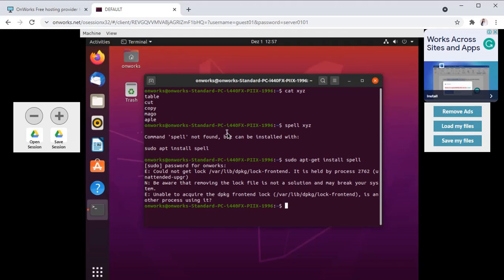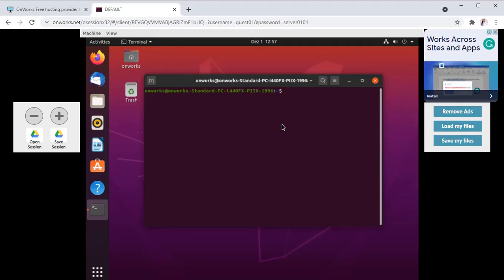Okay, now we'll go to the next command, that is the sort command. Sort command is used to sort the files in ascending or descending order.